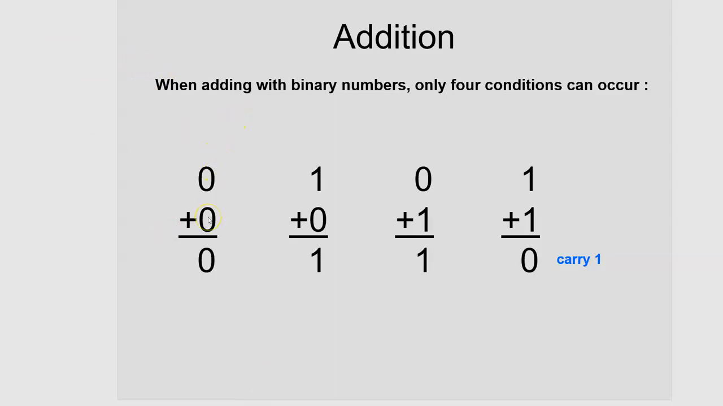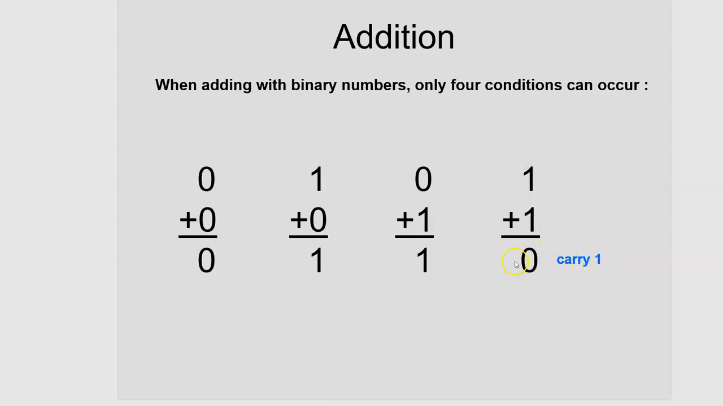0 plus 0 is 0. And remember, these are binary numbers, so I should say a binary 0 plus a binary 0 is a 0. This is true in any number system. A binary 1 plus a binary 0 is a binary 1. A 0 plus a 1 is a 1 in binary. And this one, a binary 1 and a binary 1 is actually a 1, 0, or we can say 0